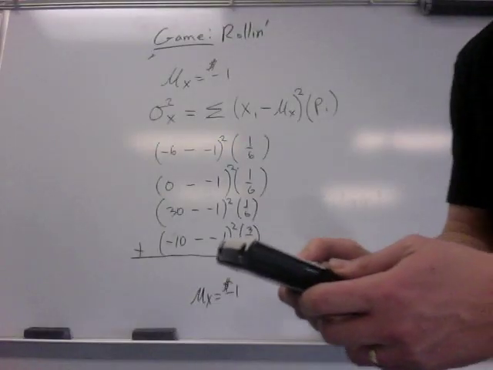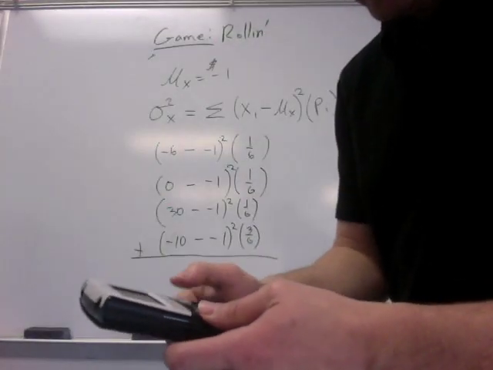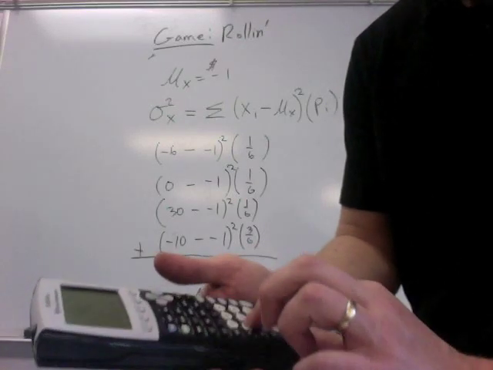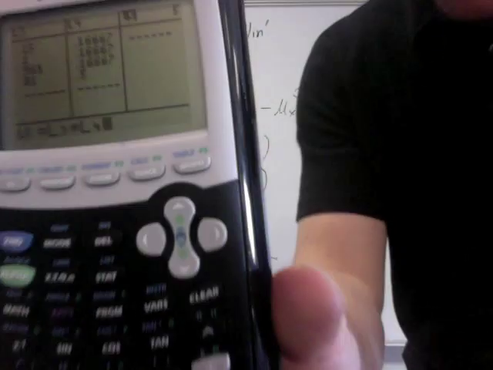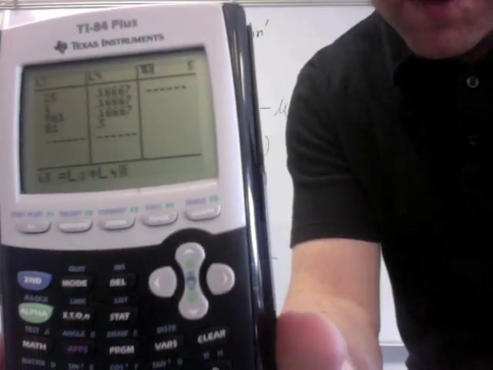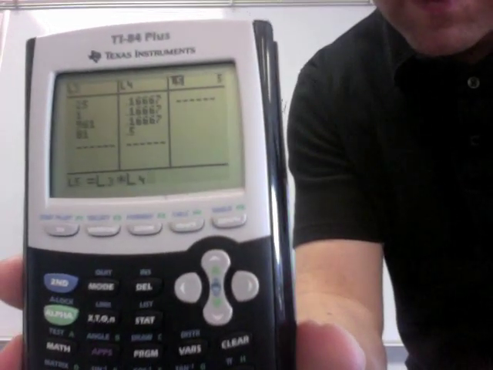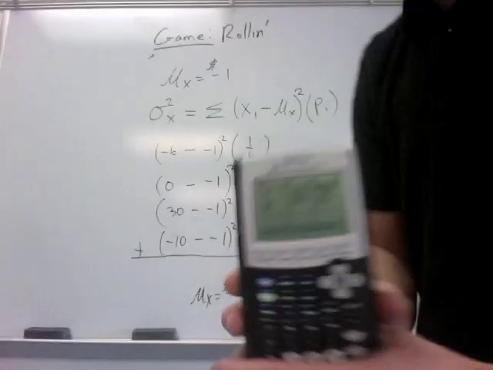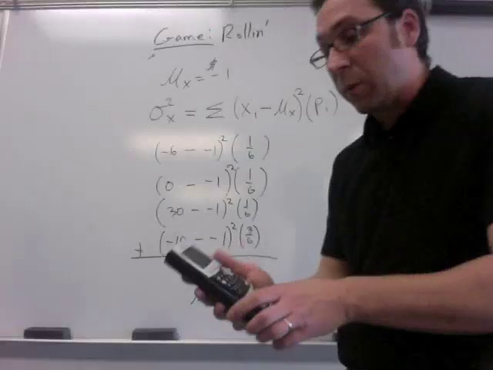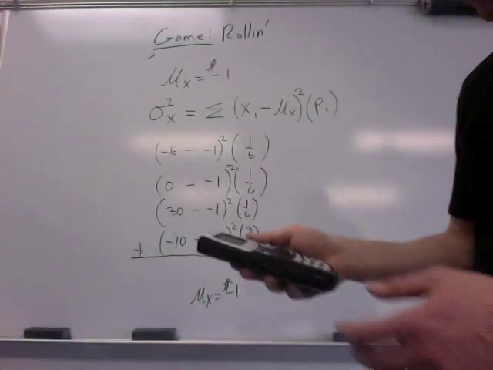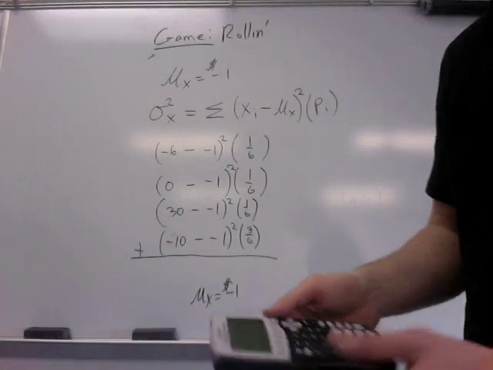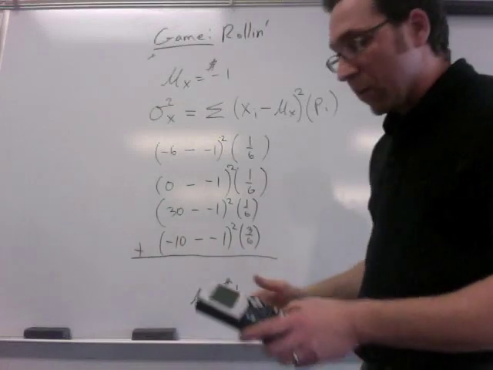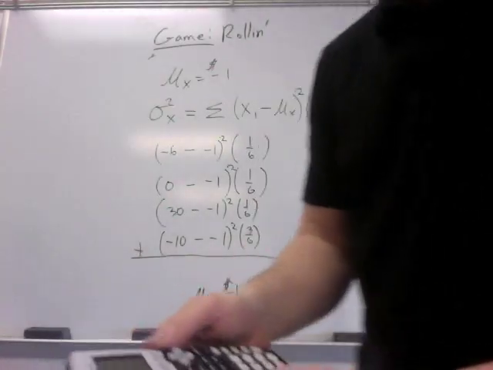So I can call List 5 List 3 times List 4. It's not necessary to do it this way, but it certainly makes it a little less error prone, especially when you're dealing with many numbers on your list, though this only has 4 situations. Finally, we take List 5, which is all of these individual contributions,